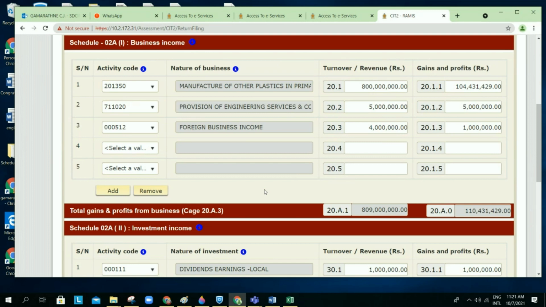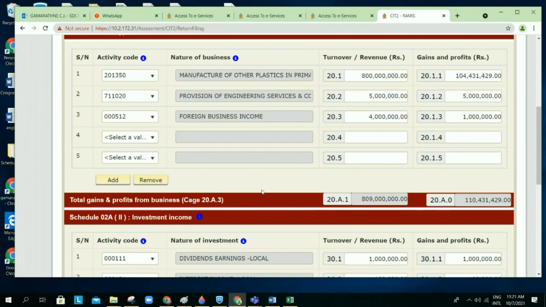Then we add the total turnover value here, and the gain we mention. In addition to that, they are providing some engineering services, right? Then we select the relevant activity code and mention the turnover, gain and profit. In addition to that, there is foreign business income we mention here. Likewise, we have to mention our